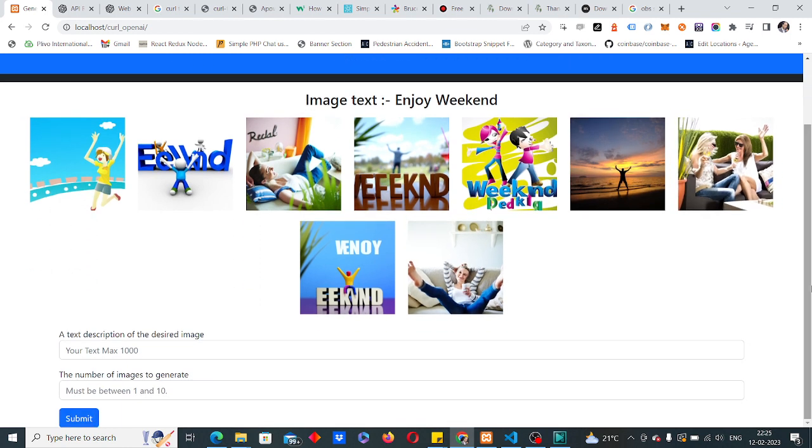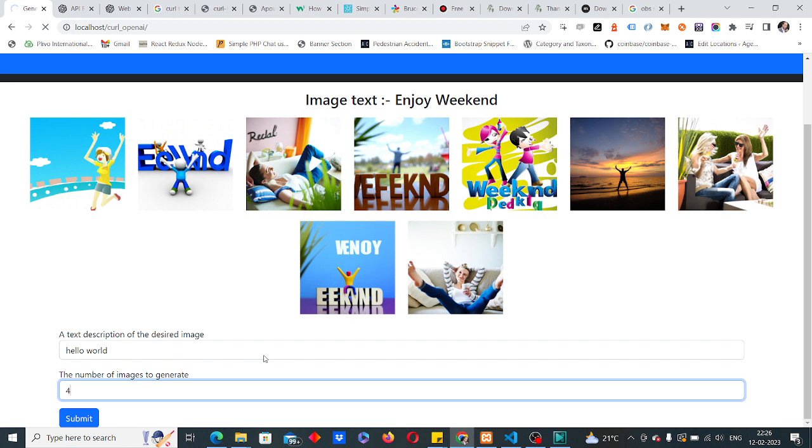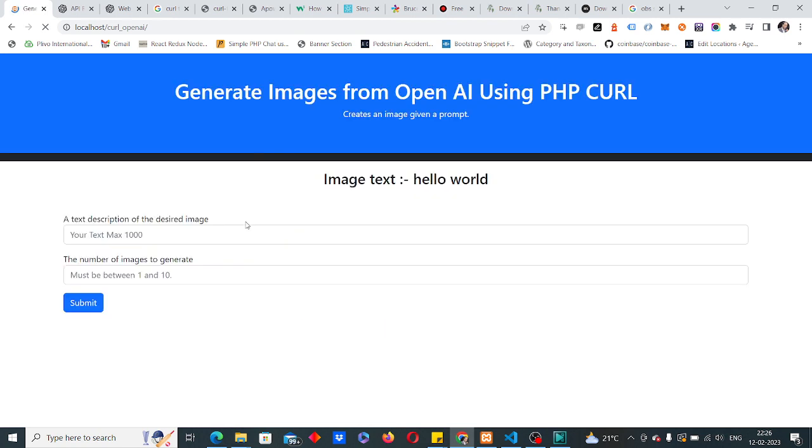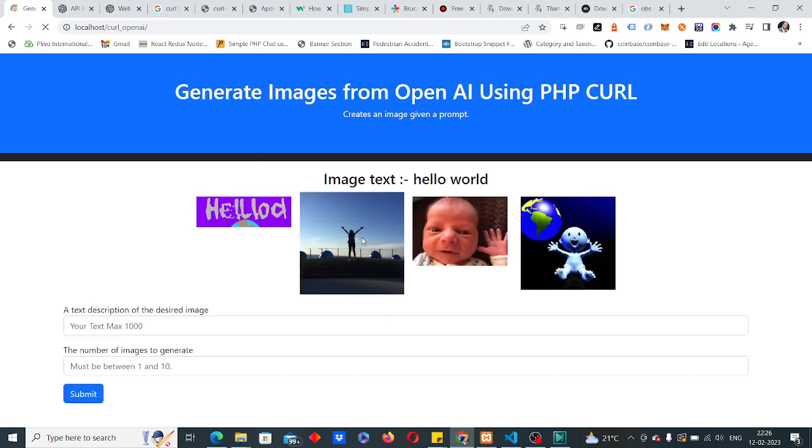Or you can try some more examples, like "hello world", and now we will create only 4 images. Submit, and let's see what OpenAI will give you. See,